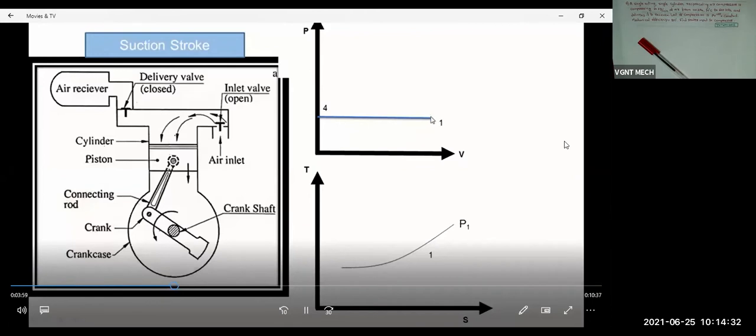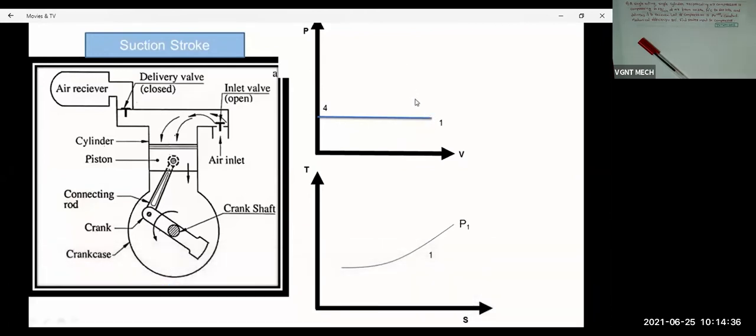So this line is drawn as a curved line from the point 1. Pressure is increased, which means the line is moving in the upward direction, and volume is reduced, so point 2 is moving to the left side compared to point number 1. So this is a 1 to 2 process and it is an isentropic compression process. During isentropic compression, PV^gamma is equal to constant.